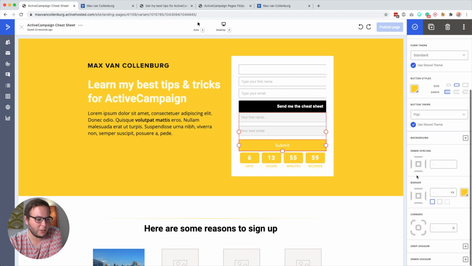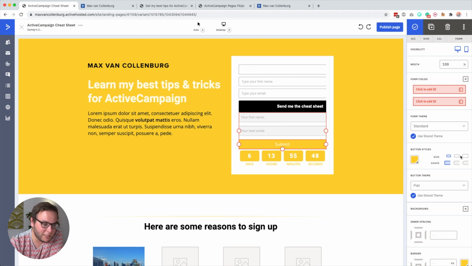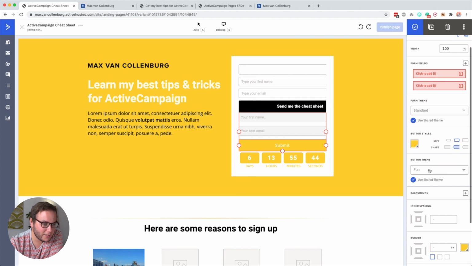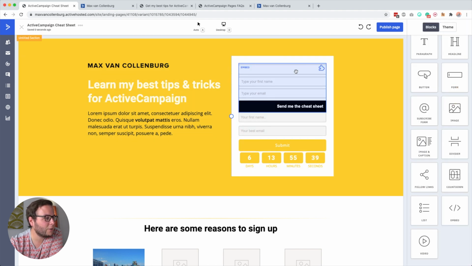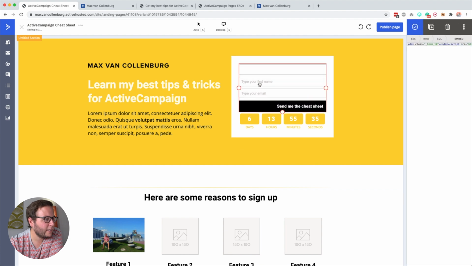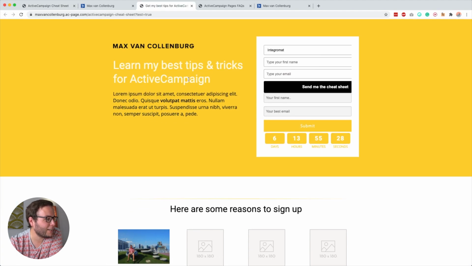We add a form here, but there's no setting whatsoever where we can say what happens to that. So again, if I miss this, if you know something that I don't, then let me know. But I really don't see anything here. We can only change this button theme, use a shared theme, drop background. So yeah, not possible. So then I would just delete this, I guess. And then I would have to change the code so that it nicely fits in. But yeah, so this is basically my first landing page.